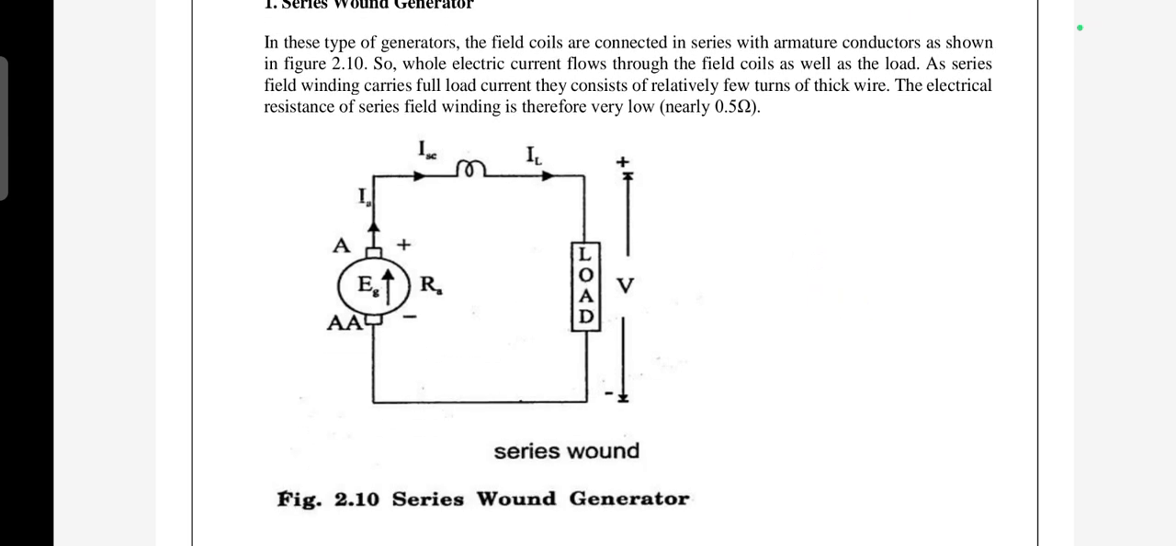In series wound, there are field coils which are connected in series with the armature conductor, and the whole electric current flows through the field coil as well as the load. As a series field winding carries full load current, it consists of relatively few turns of thick wire. The electrical resistance of the series winding is therefore very low. This is called a series wound generator,